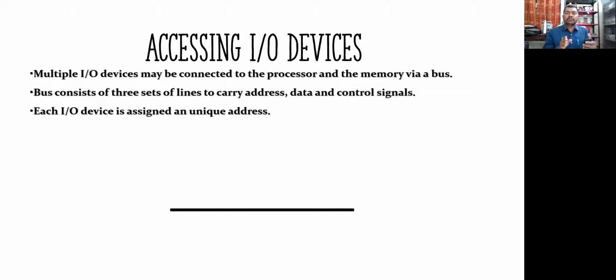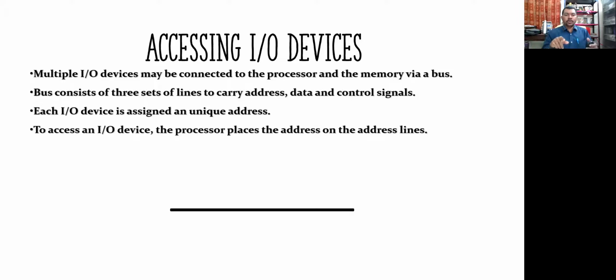So for that you have to specify a unique address of that input output device. Similarly, nowadays it's very simple, because we are communicating with SMS and mobile phones. You have your own unique number through which you are going to call somebody, or somebody might connect you with that unique code. So that particular code is also extended to the input output devices. We are going to name those input output devices accordingly as per the codes, right?